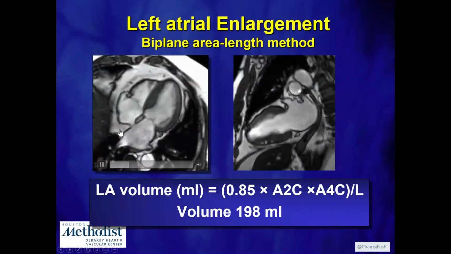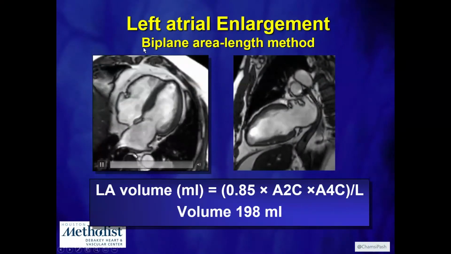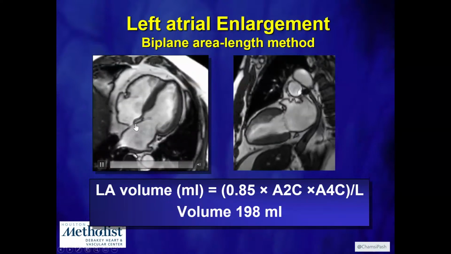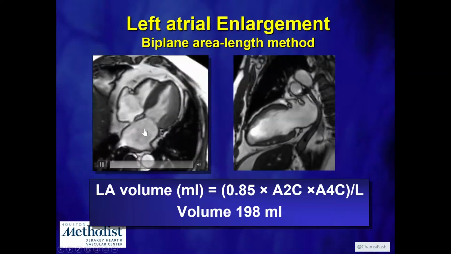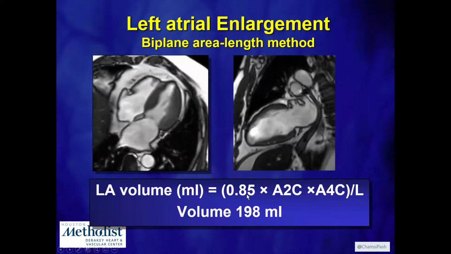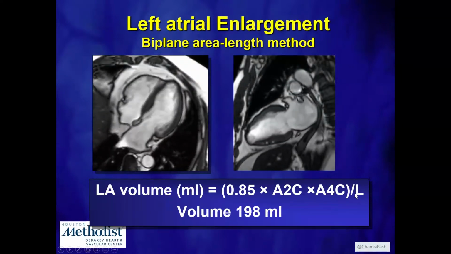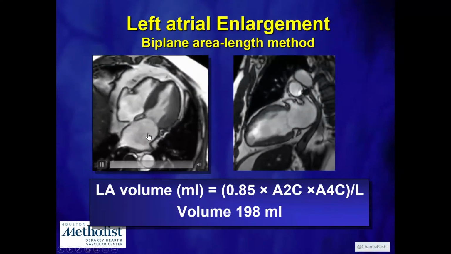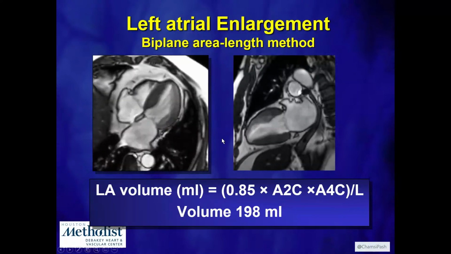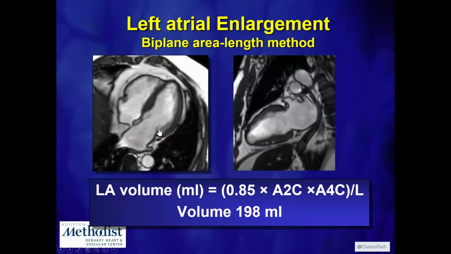We use the same formula with echocardiography, which is the biplane area-length method, taking into account the area on a 4-chamber view. This is a 4-chamber view of the heart. This is a 2-chamber view of the heart. We actually measure the area, multiply by the fixed constant of 0.85, divide by the length. The volume in this patient was 198, which actually goes to severe left atrial volume enlargement in this patient